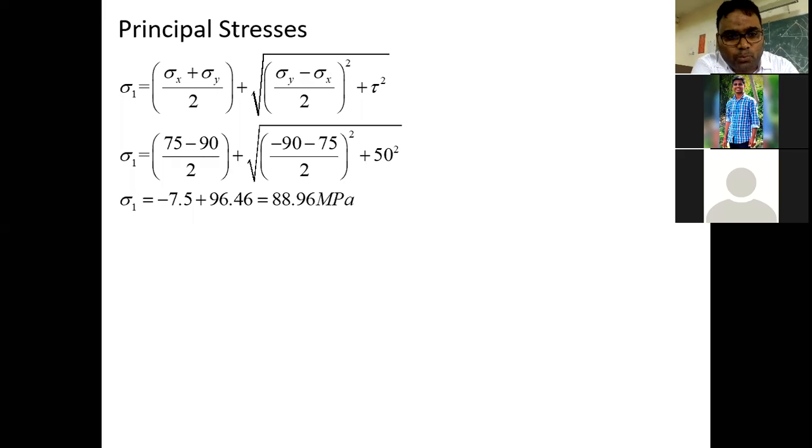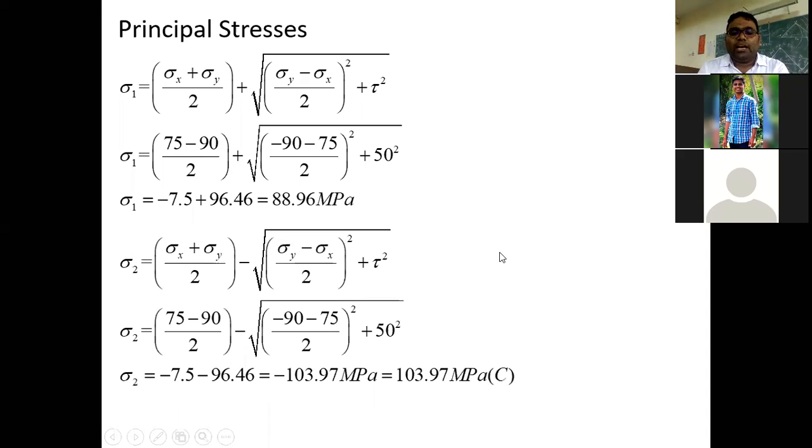You know the formula of that, what is the formula of that? Sigma 2 is sigma x plus sigma y by 2 minus, just you put the sign minus here in between these two, so it becomes the formula for the minimum principal stress. So like this, and you put all the relative values here. You put sigma x in place of sigma x, put the value of 75 and sigma y minus 90, and here also, and the final answer is minus